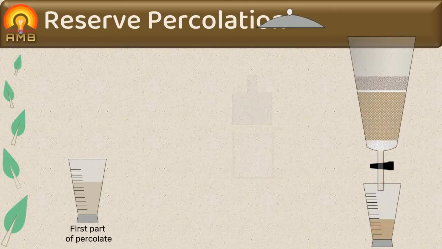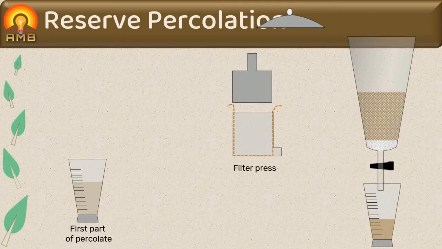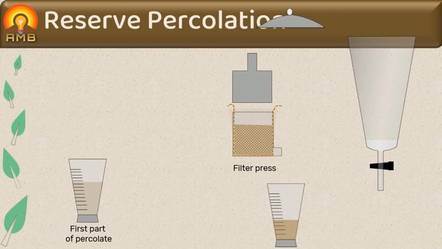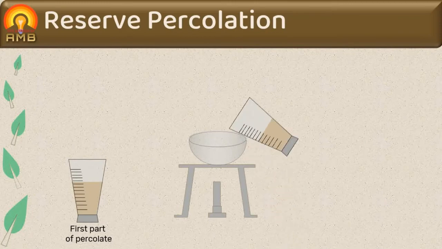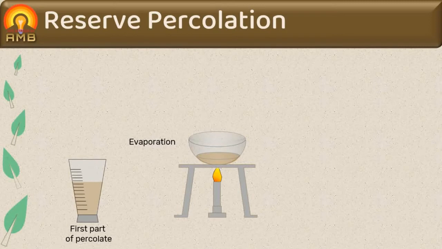Then the marc is pressed. The percolate obtained after second percolation is mixed with menstruum obtained after pressing the marc. This mixture is then evaporated to convert it to a soft extract or till the volume of this mixture is reduced to 1/4 of the initial volume. It is then mixed with the reserved portion of percolate, that is the first percolate, and volume is adjusted with fresh menstruum.